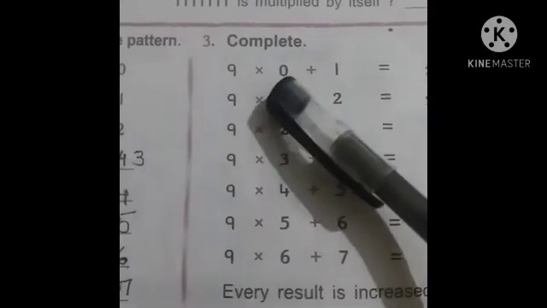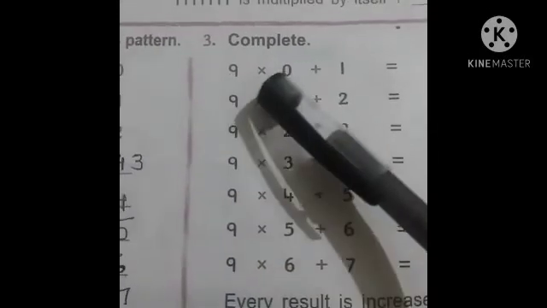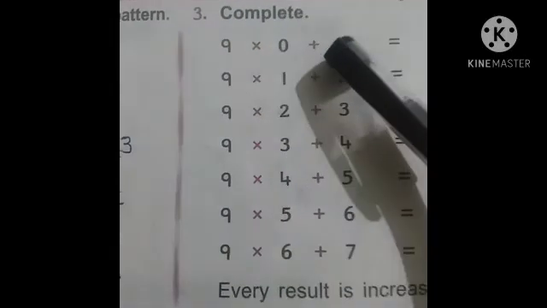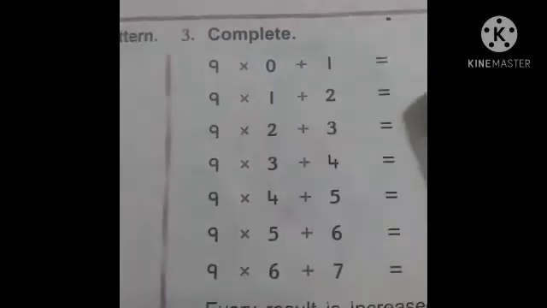9 into 0 plus 1. When we multiply any number by 0, we get 0. 9 zeros are 0. 0 plus 1 is 1. So here we have to write 1. Next,